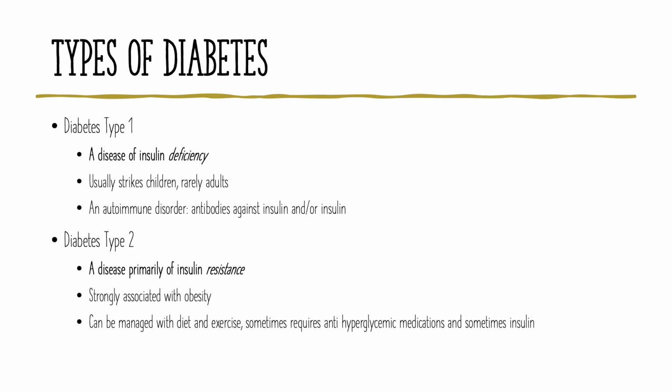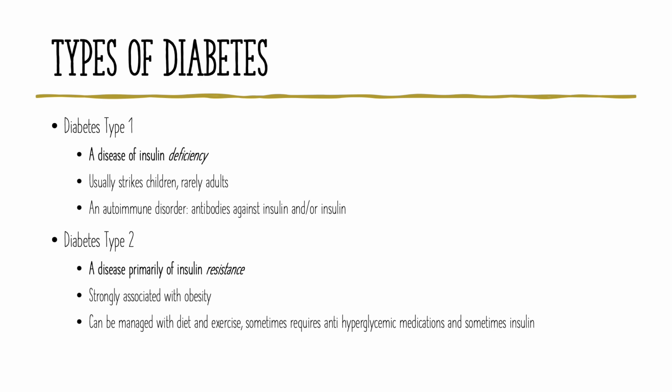So, watch this concept evolve, watch this disease process evolve in terms of how it's diagnosed and defined over the next few years. We do have different subtypes of type 1 diabetics and different subtypes of type 2 diabetics. So it's interesting to see what they're going to come up with as they continue to evaluate diabetes. But these days, we typically think of diabetes in terms of type 1 diabetes and type 2 diabetes.